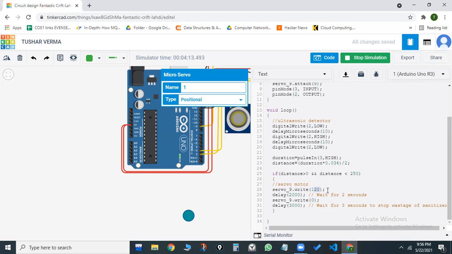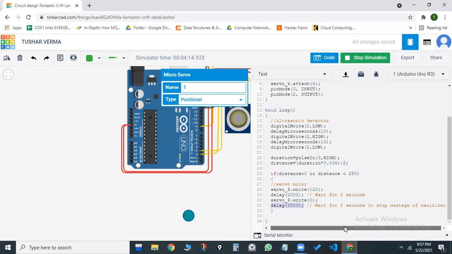After doing that, the code instructs the servo motor to return back to its original position. Then I've included a delay of 3000, which makes the servo motor stay at its 0 degree position for 3 seconds, just to avoid wastage of the sanitizer solution.